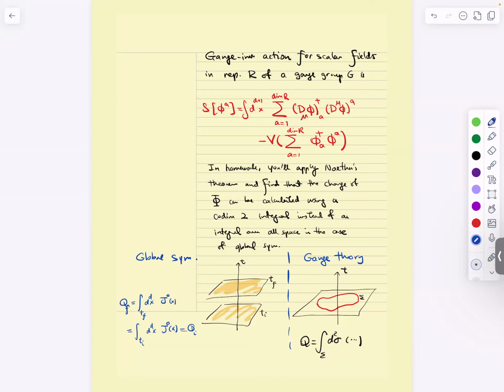Yeah. So you say that Noether's theorem also works for the